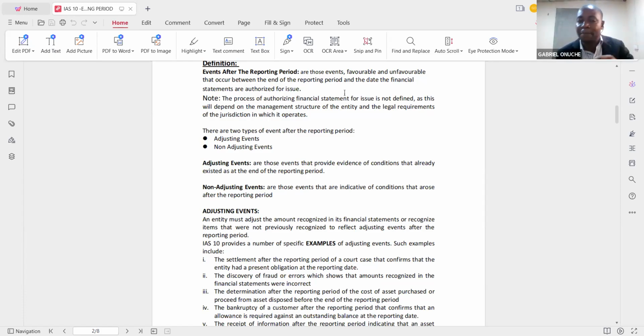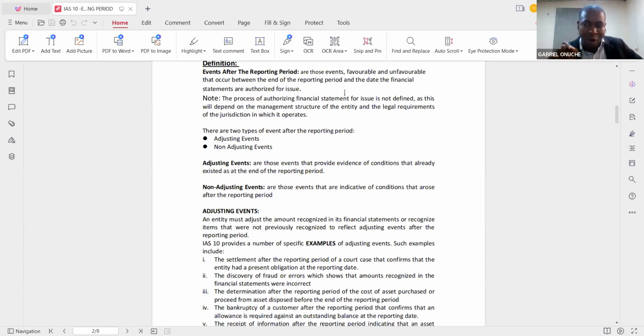Now, I also went further to say, the fact that the board of directors authorized the financial statement for issue, it will still be taken to the AGM, depending on the structure of the company or how big the company is. The AGM will meet, and I gave the example of 15th of April, right? On that 15th of April, the report is presented to the AGM for further authorization for publication. And on 30th June, the same financial statement is used for filing, maybe for Federal Inland Revenue Service or Lagos State Internal Revenue, as the case may be.